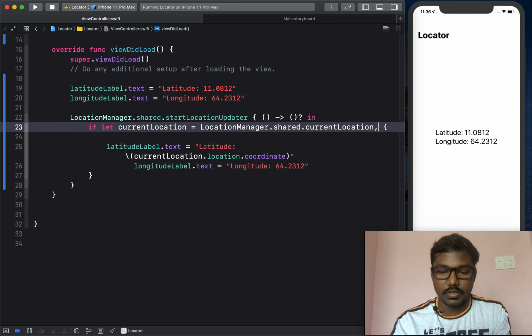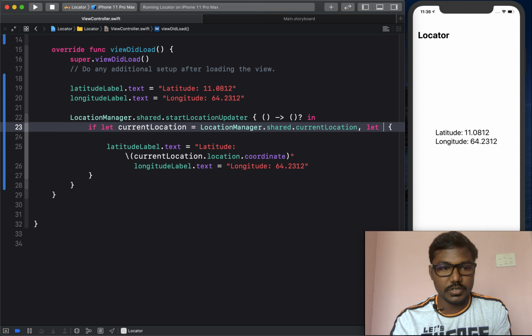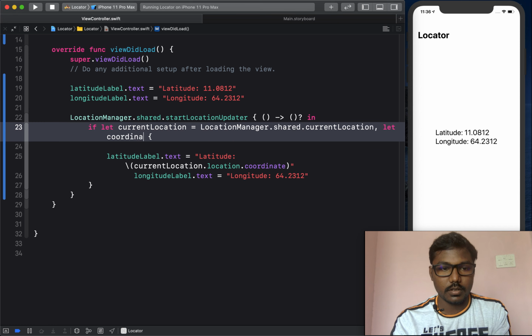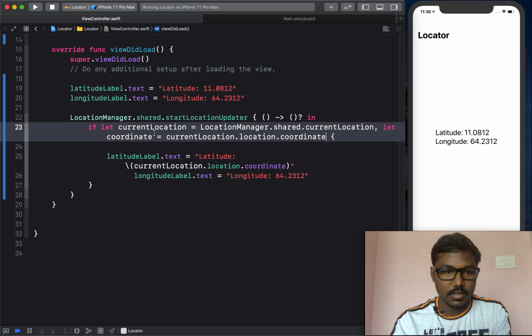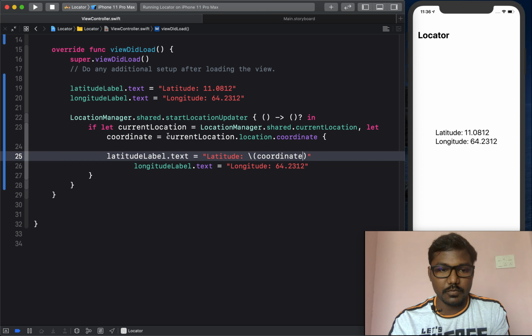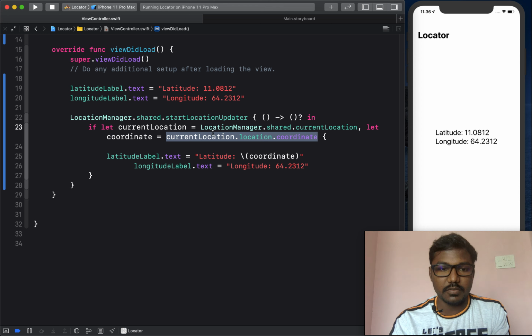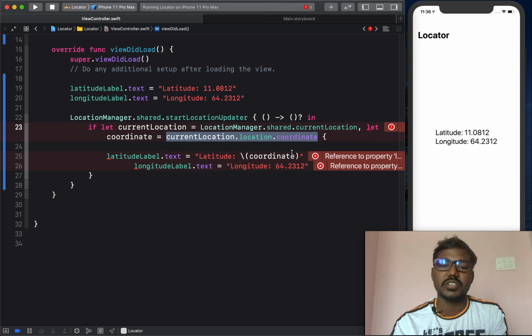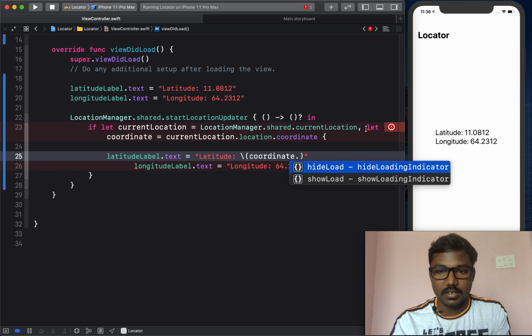We will check that before in an if condition. So coordinate is equal to like this, because we don't need to repeat the same lines of code, currentLocation.coordinate, so I set it like that.